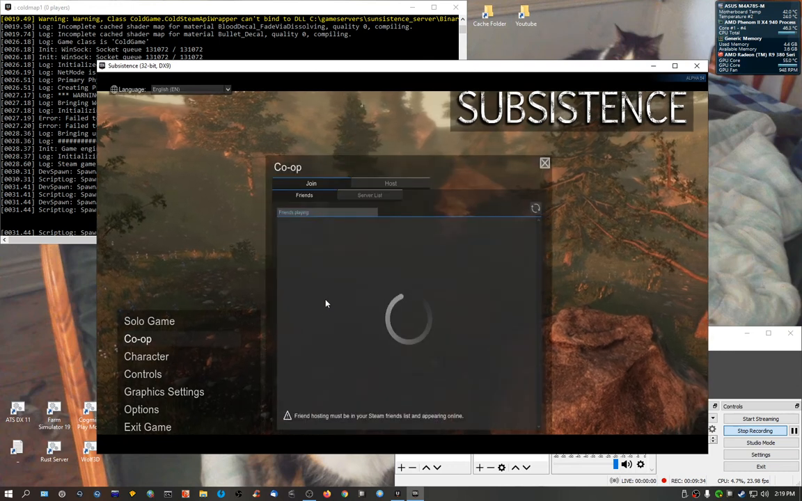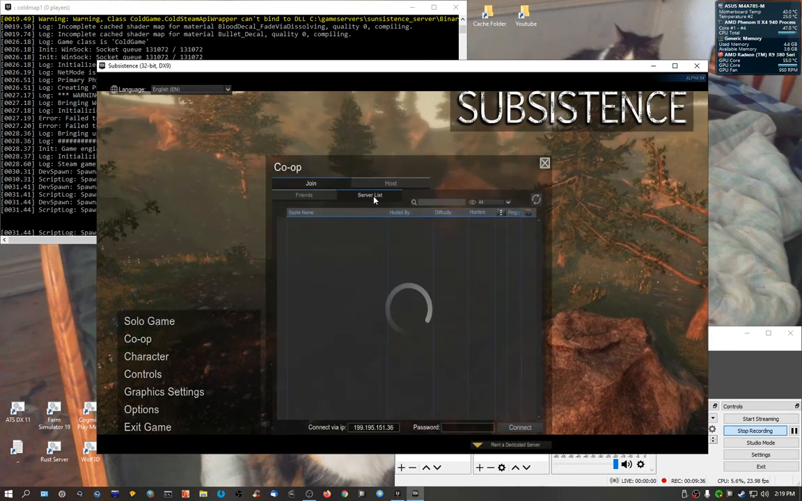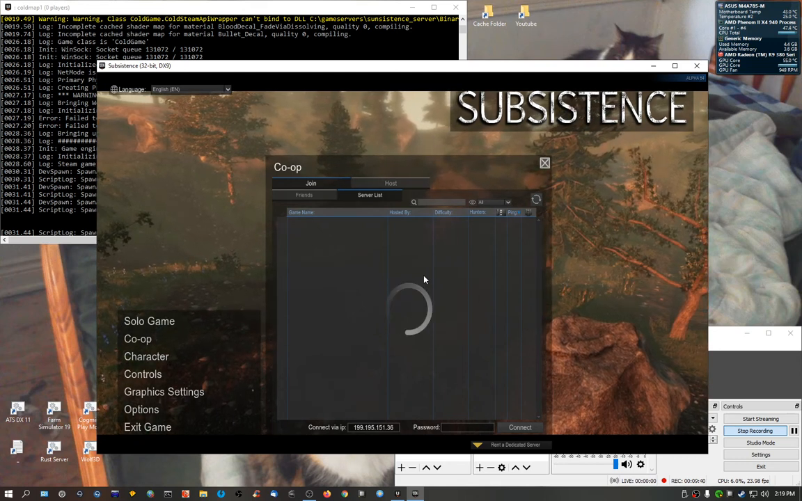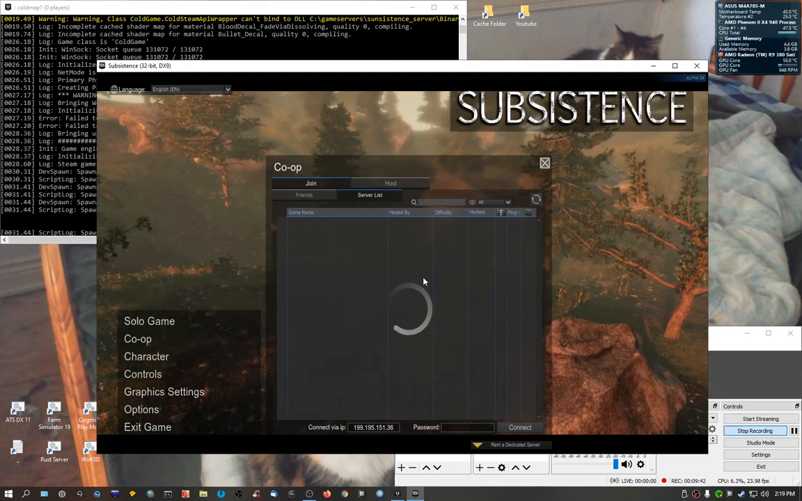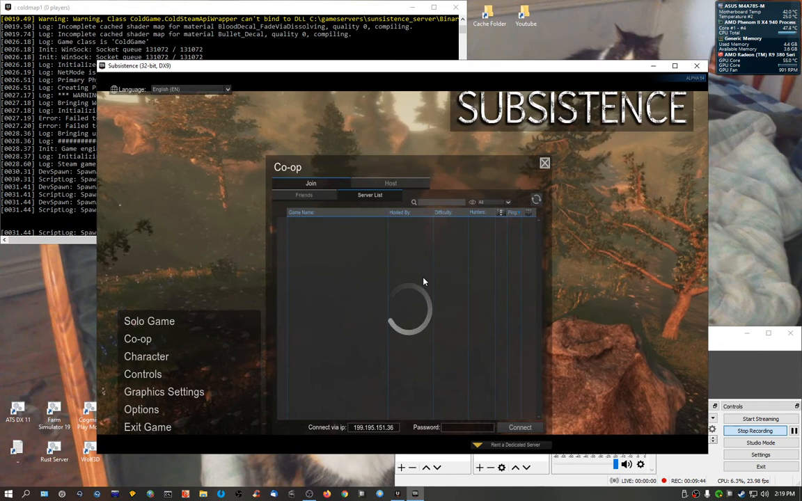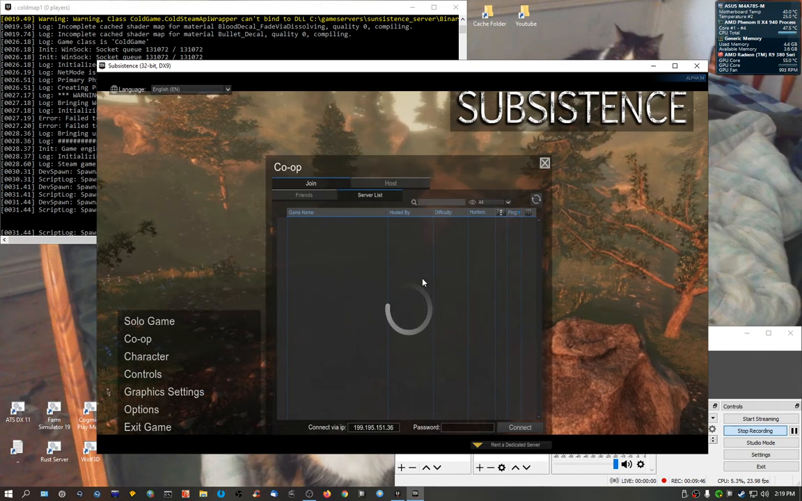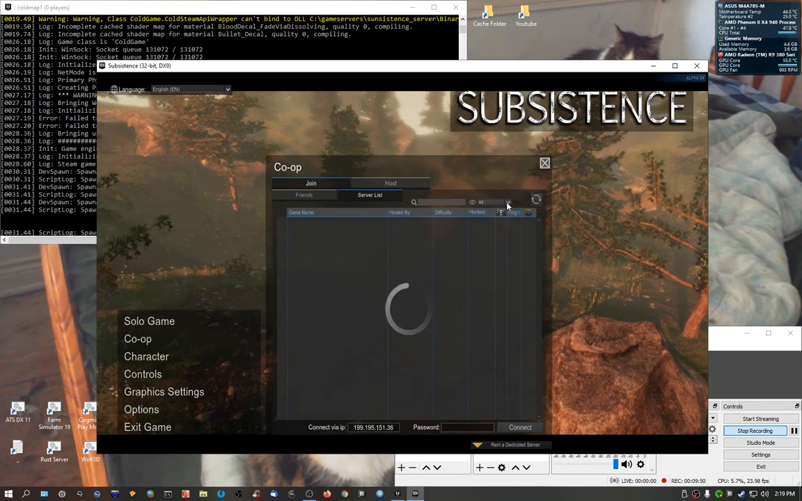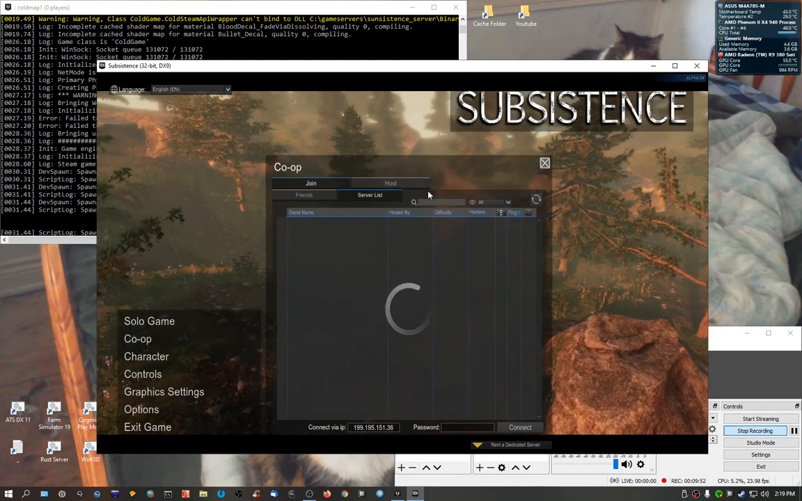I guess we go coop. Server list. See if I even get listed. Wow, that's taking a while to get the server list. Like I said, this is the first time I've ever